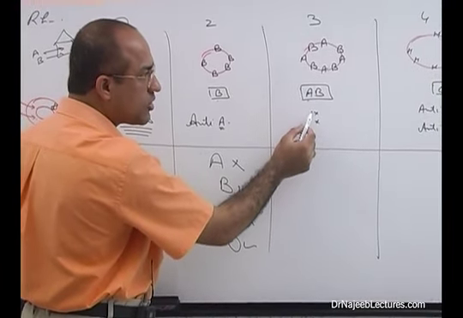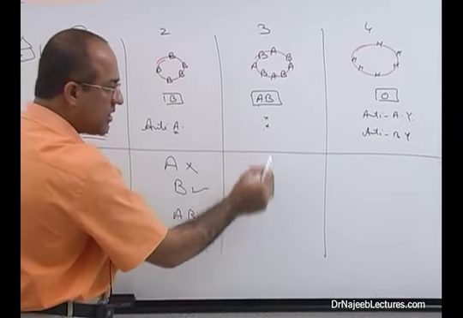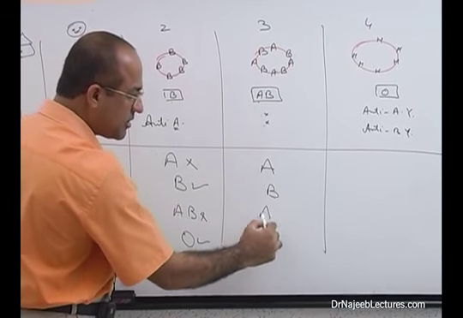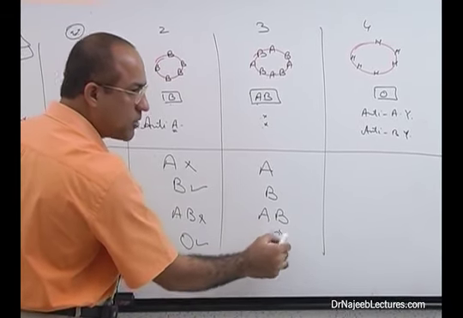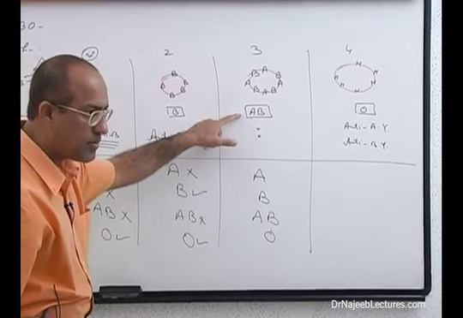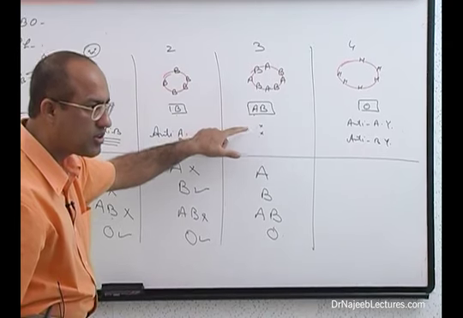So this person does not have any antibody, no anti-A, no anti-B. Can he receive blood group A? Yes. Can he receive blood group B? Yes. Can he receive AB? Yes. And can he receive O? Yes. Why? Again, a person who has blood group AB does not have anti-A antibodies, and does not have in